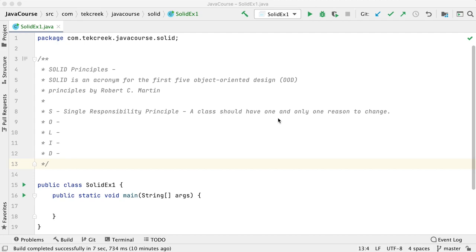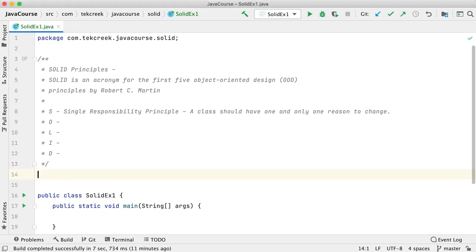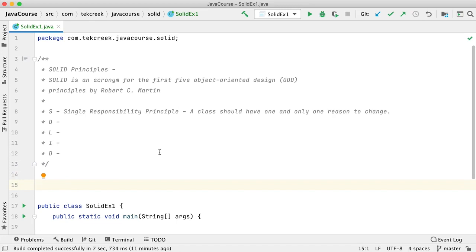The first one is the single responsibility principle. S for single responsibility principle. Single means a class should be given only one responsibility at a time. A class should only have one reason to change. What do you mean by that? Let us see that with a very simple dummy example. I will not be taking too many classes and too many different things, so it's a simple one.